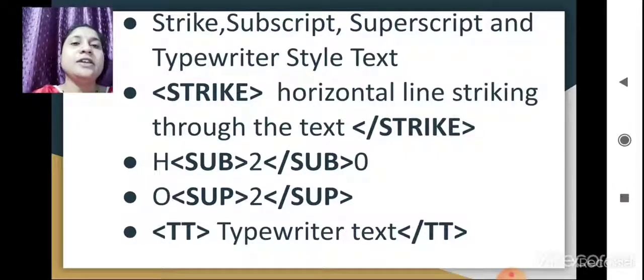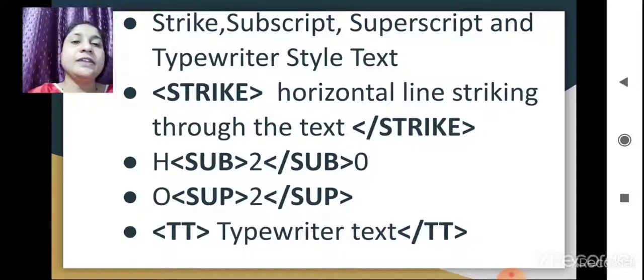Here you can see H is written, after that sub tag, 2 is written between the sub tags, and then O is written, which means it will appear as H2O. The 2 is in a smaller font compared to the H and O, and it will display on the downside, below the normal text, using a small font.